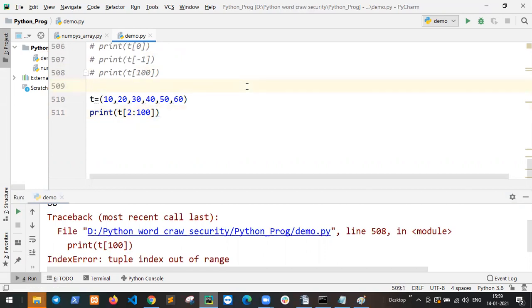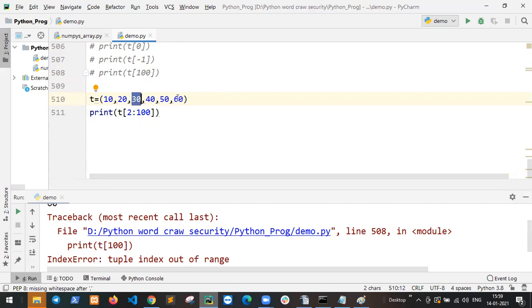Indexes 0, 1 and 2, so 30, 40, 50, 60. Am I right?